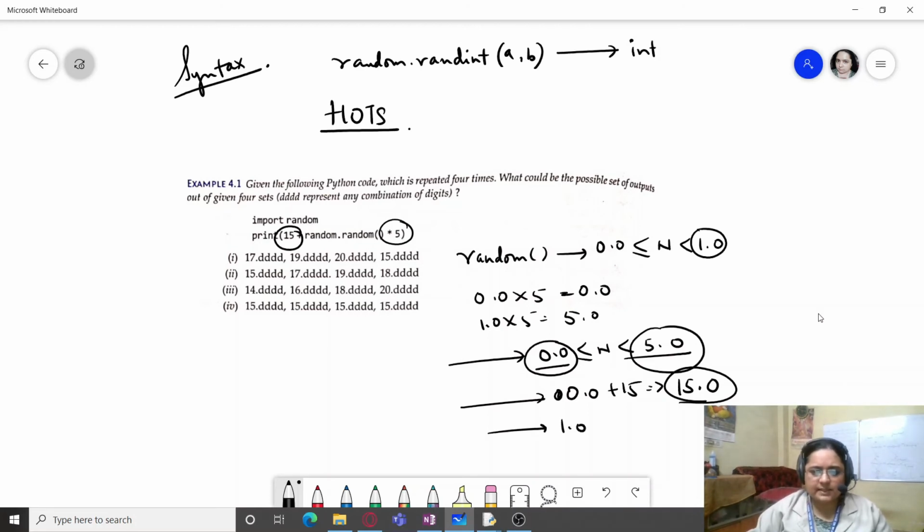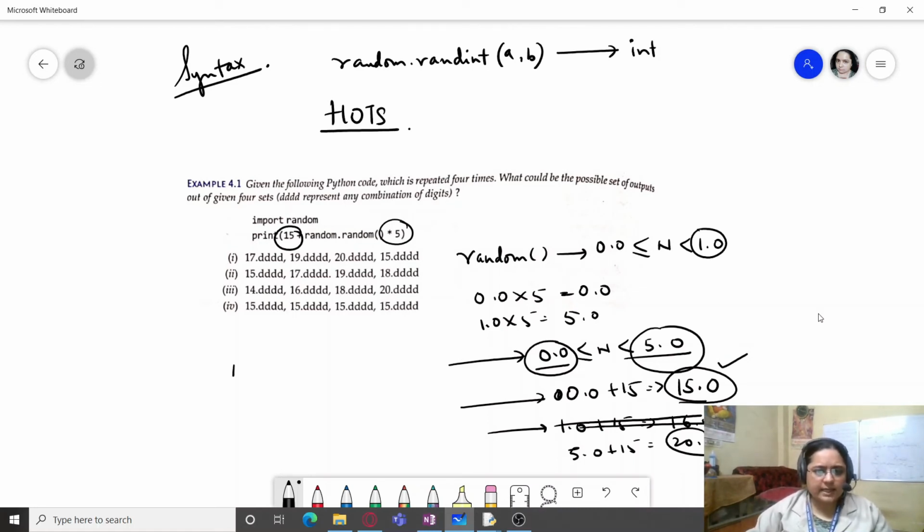And 5.0 plus 15 will be 20.0. So the lowest limit will be 15.0 and the upper limit will be 20.0.